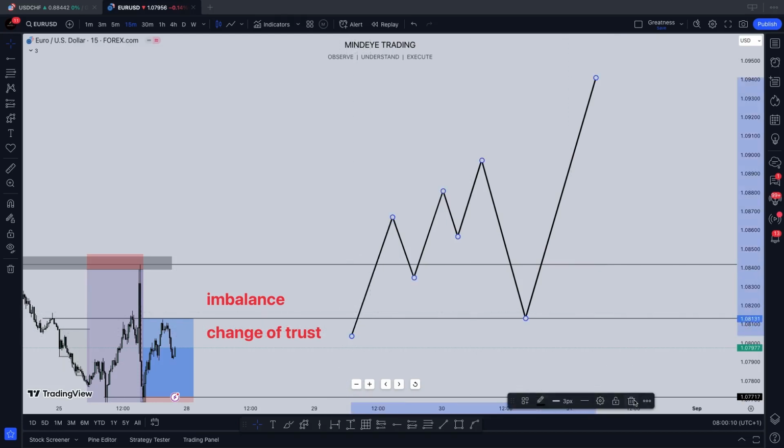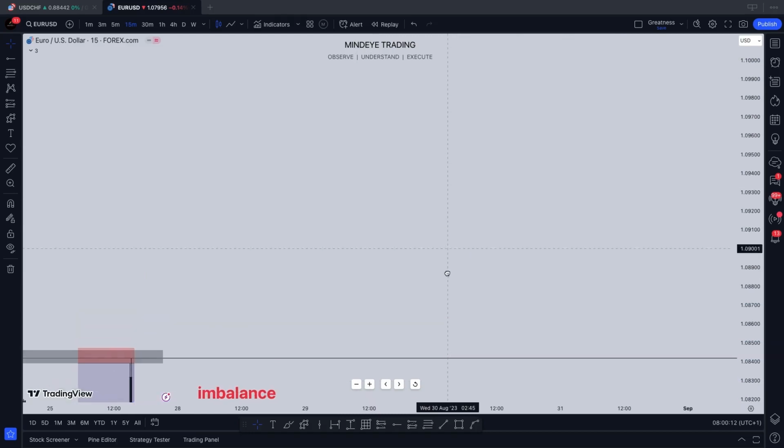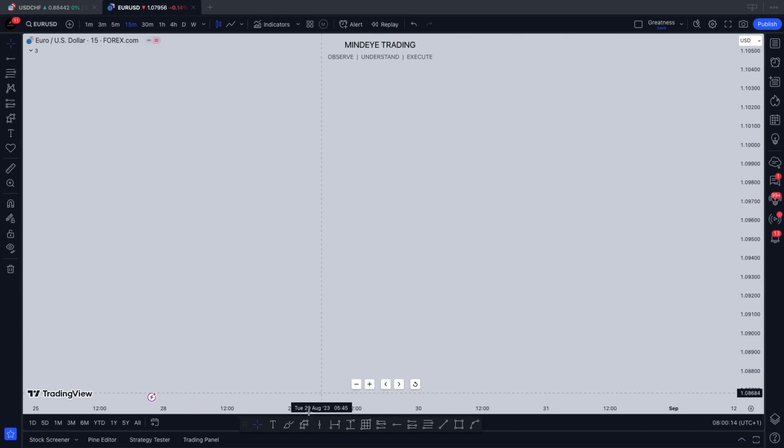Now, imbalance serves as a magnet for price. If price has gone far, how are you sure it will come back? So these are the ways that were taught, which is actually correct and right. I've used it, I still use it, and I would not tell you it is wrong.